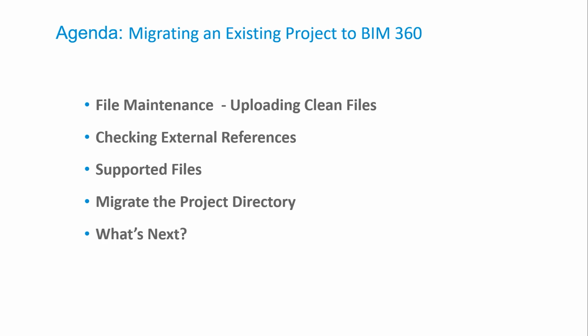Then, one of the most important things with regard to BIM 360 is making sure all of our external references, and I mean anything that is external to a DWG, so that could be another DWG, that could be a data reference if you're a Civil 3D user. So anything that a file needs, we want to make sure that's resolved reference-wise before we upload it. We'll talk about what files are supported out in BIM 360, and hopefully we'll have time to talk about some of the files that maybe need a little extra manual syncing.